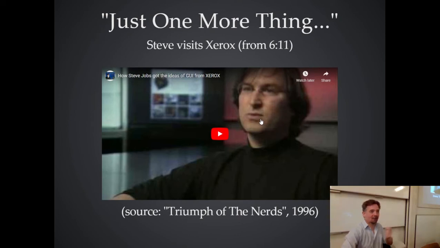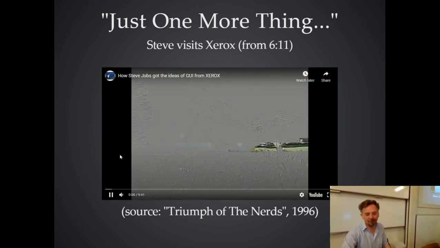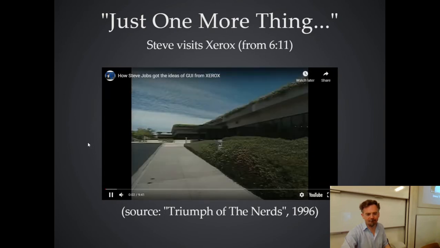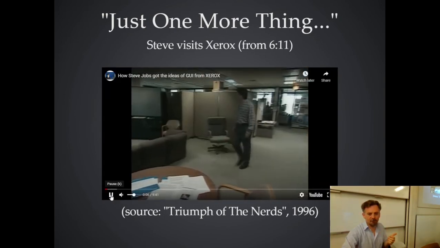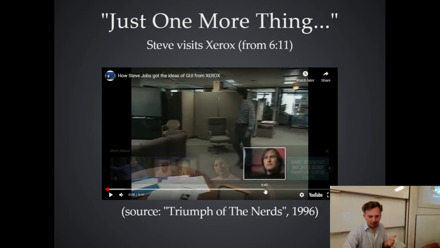And he did, and he got given the tour, and he saw the graphical user interface, object orientation. He's going to talk about it himself. He saw all these things and basically stole them or imitated them, went back to Apple and told his guys, do that. And that's where Apple came from. So I will jump ahead to the part I've indicated where Steve talks about this experience.